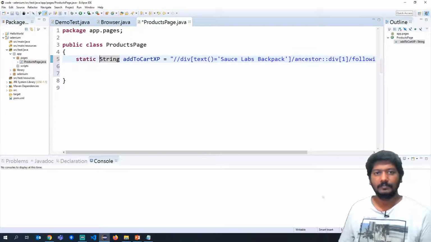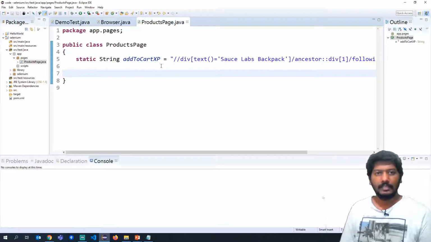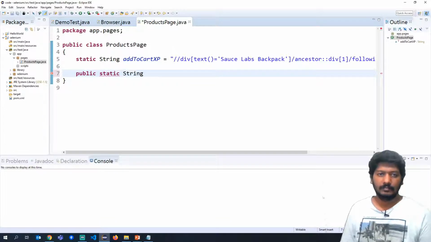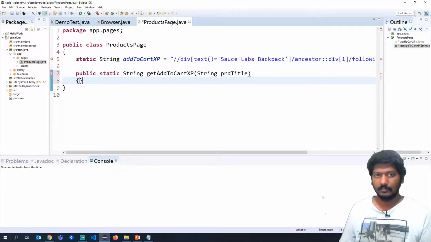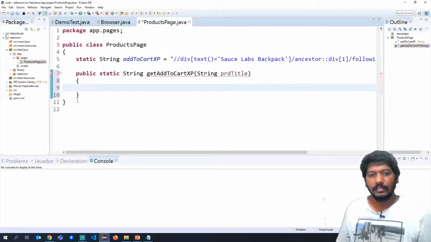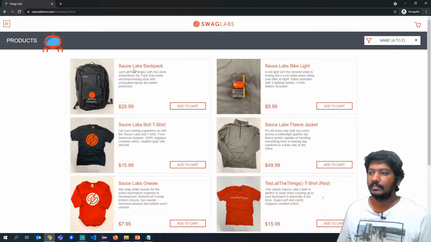I'll tell you why. So we are building this particular XPath so that it is working for Sauce Labs backpack.